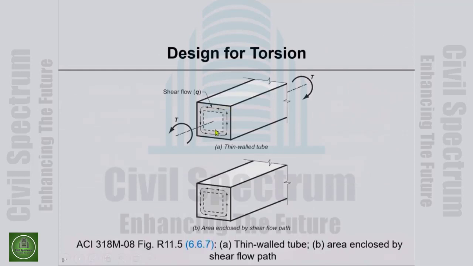And this is the figure. So shear flow, if this is the direction of torsion, then shear flow is as shown in the picture by the arrows. Okay, so